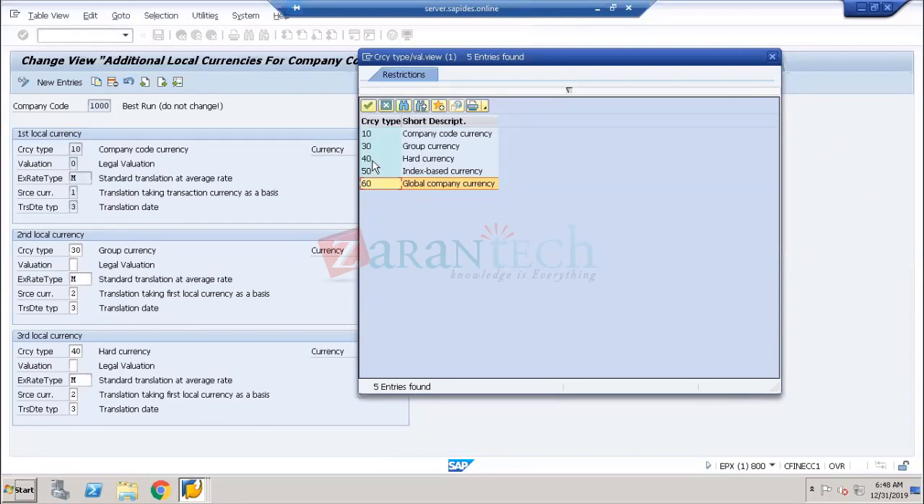But what are 30, 40 and 50? Normally, when you go for countries, this 40 and 50 we maintain at country level. Very, very important, all of you. 10 we maintain at the company code level, 30 we maintain at the group currency level, at the client level, and 60 we maintain at the company level. But this 40 and 50 we maintain at country level,